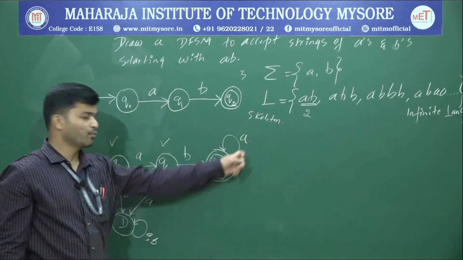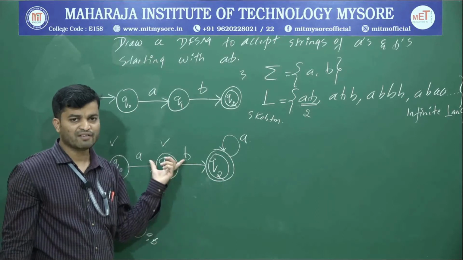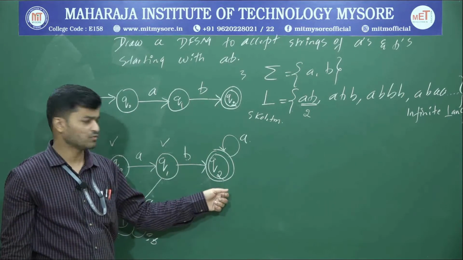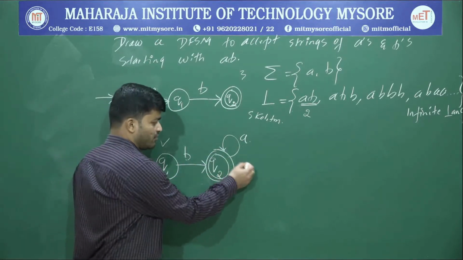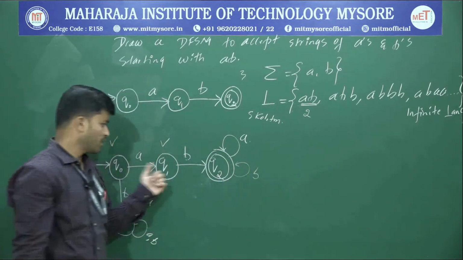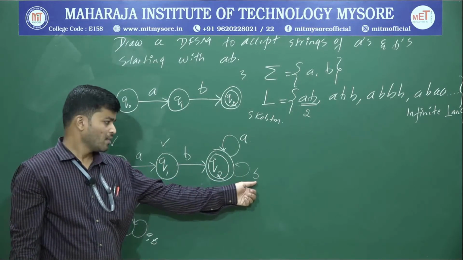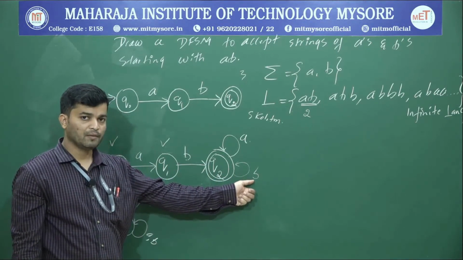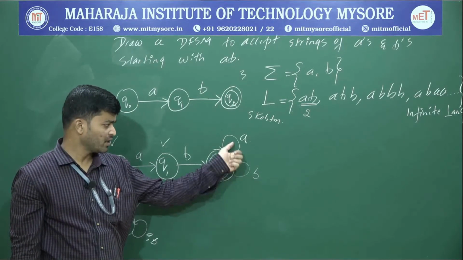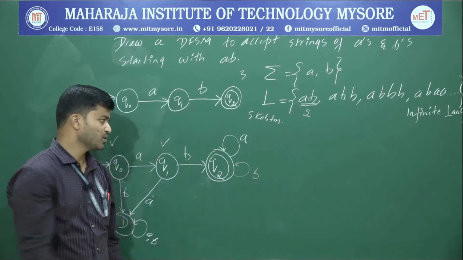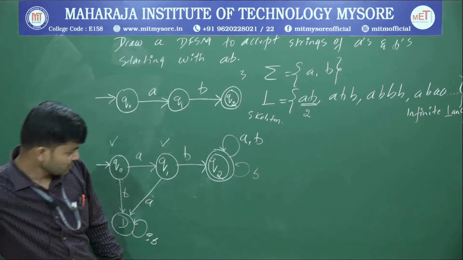So if I write a loop upon A, what will happen? AB, then I can have n number of A's. So it is starting with AB. Therefore, I don't have any problem, so writing a loop upon A is valid. What about B? I'll have AB before going to the final state, then I can have n number of B's. Therefore, if I write a loop upon B, that will form a valid string. So either you can write two loops, or you can use a comma and write A comma B.